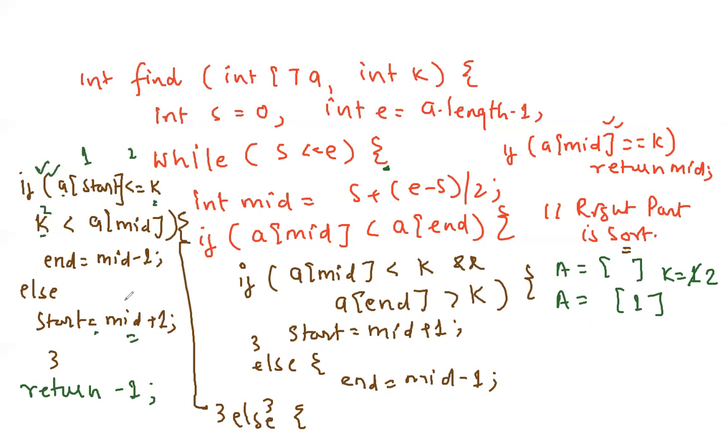And now you will do the third test case. A equals 1, 2, and you are looking for 2, and A equals 1, 2, and you are looking for, let's say, 5 or 1, whatever you want. But do the mental execution of yours when you do it on your homework. Just execute that particular test case also in this implementation.